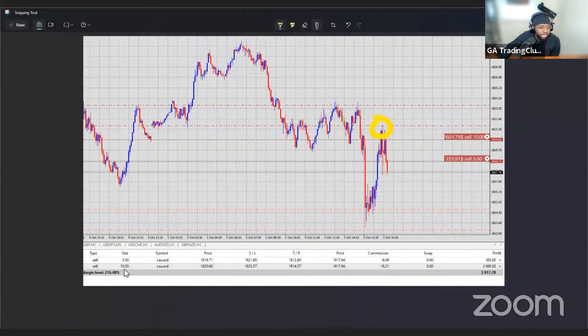This other one, the 10 lot, is the one I scaled in. My bad. The 10 lot is the one I entered during the hourly candle. I said I was jumping in, but of course, I'm not going to count it. Even though it hits TP for me, I'm not going to count it as a win because I didn't tell